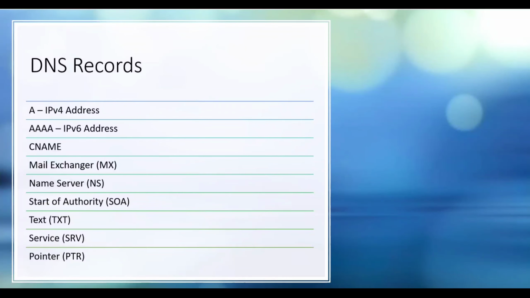And then we have the start of authority. This is also one of the important DNS records. This record appears at the beginning of a DNS zone file, and it indicates the authoritative name server for the current DNS zone.